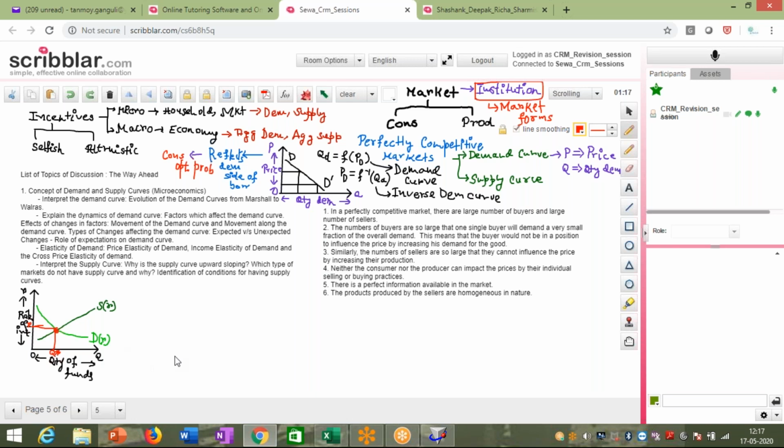So as the rate of interest goes up, more and more people will be interested in keeping money in the banks, and the lower the rate of interest, the lower the willingness to keep money with the banks, and hence the supply curve is positively sloped. Similarly, the higher the rate of interest, the lower the demand for funds. Right, now this is where the